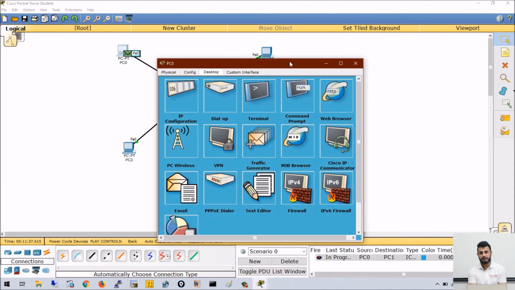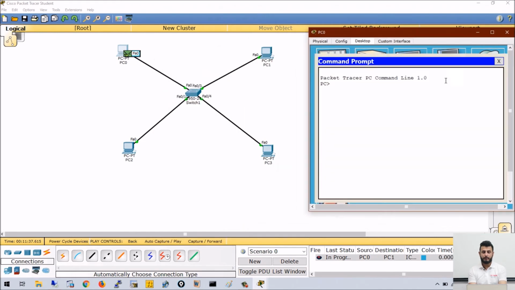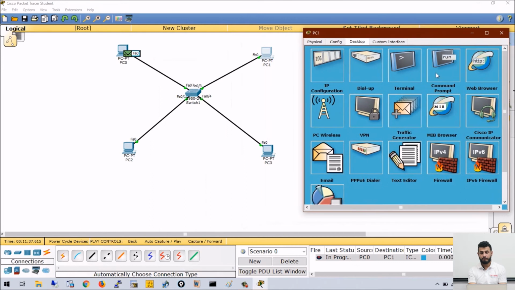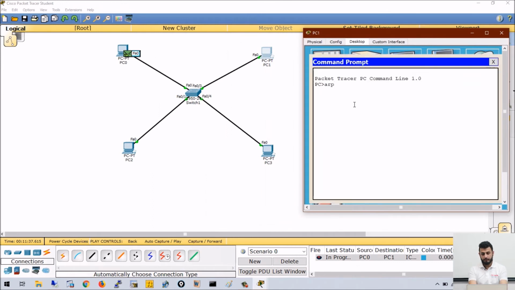Now, if I want to check the ARP table, go to command prompt, and type arp -a. You can see we have an entry of 10.1.1.2. If you go on this computer and check the ARP table, this one also has the MAC address of 10.1.1.1. So now both of them have the MAC address of each other. It means they can send data to each other.